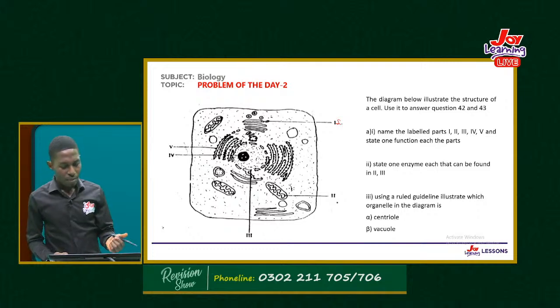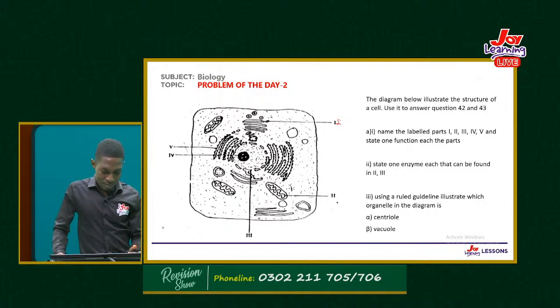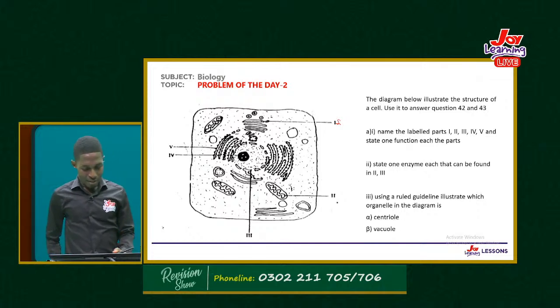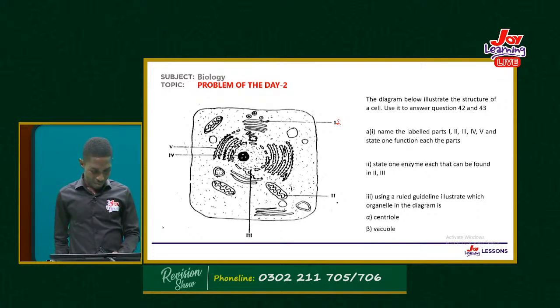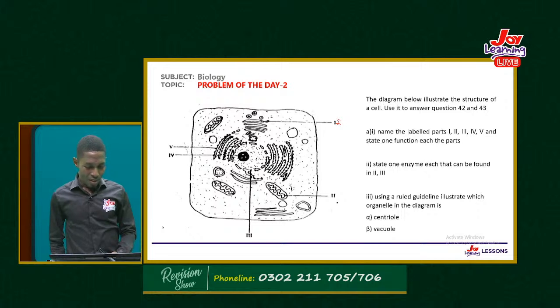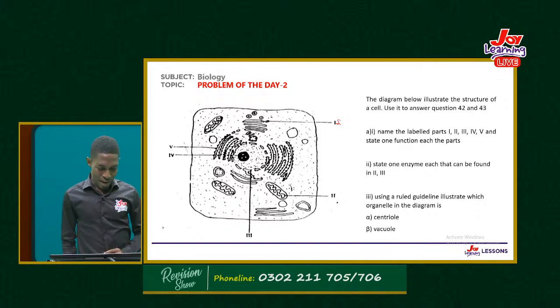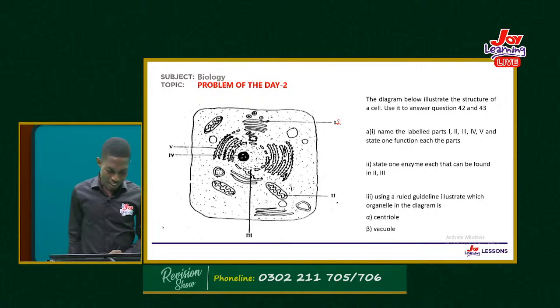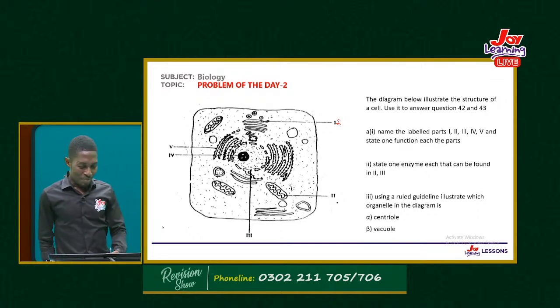Okay. And II is the mitochondrion. Correct. And III is the rough ER. The rough ER, okay. Yes. And IV is the smooth ER, okay. And then V is